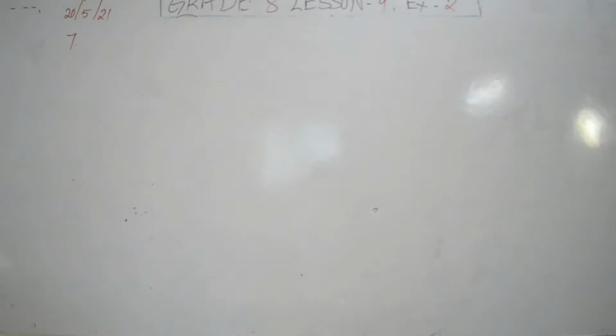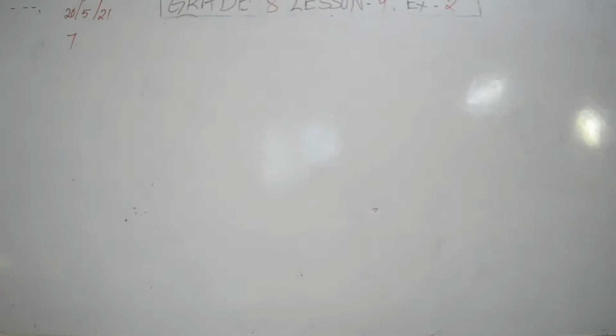Next one, direct and inverse proportions. Here, ninth lesson, exercise 2, 7th problem. The area of the equilateral triangle is 49√3 centimeter square. Taking each angular point as center, a circle is described with a radius equal to half the length of the side of the triangle, as shown in the figure. Find the area of the part of the triangle not included in the circles.